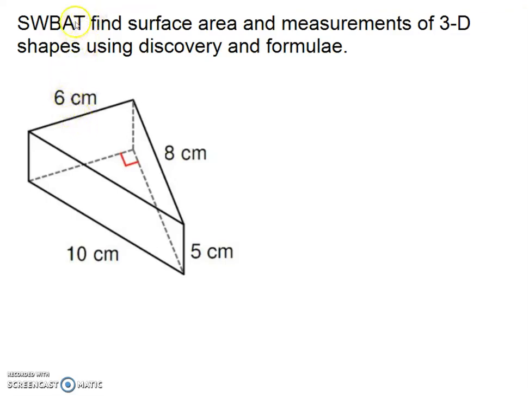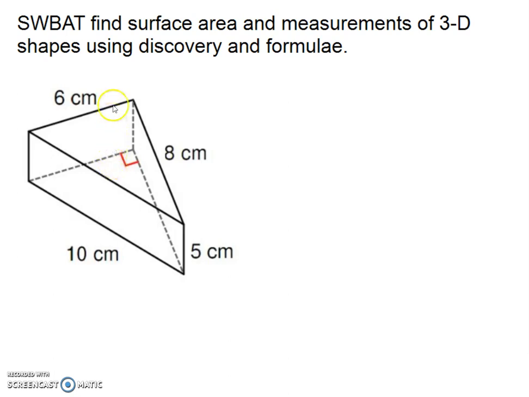Hello. Today's objective is that you will find surface area of 3D shapes using discovery and formula. Sometimes you use formula, but we're really going to talk about what it's like to take apart a three-dimensional shape like this. So what we have here is a parallel solid or a triangular prism. You notice that it's got a triangle on the bottom and a triangle on top, and its lateral sides